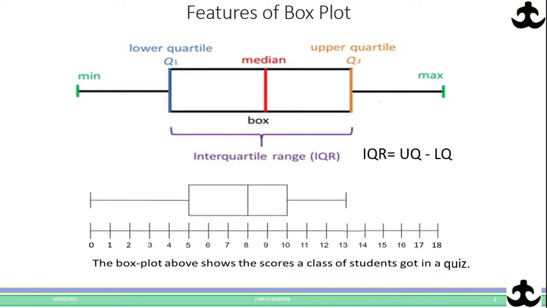Now let's look at some features of box plots. This is a box plot and this is a typical example. Let's look at the first one. Box plots make use of 5 main calculations. We make use of the smallest number or the least number in the data, the lower quartile, which is normally called the first quartile, the median, the upper quartile, which is also called the third quartile, and the maximum or